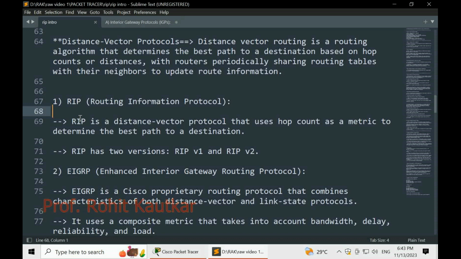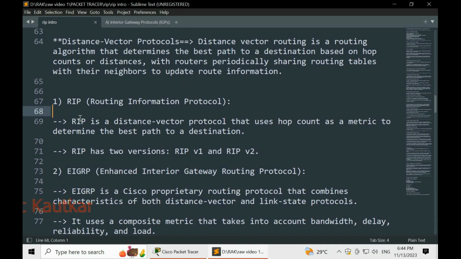RIP stands for Routing Information Protocol, and this protocol is based on the distance vector approach. This protocol uses hop count as a metric to determine the best, optimal path between the source and destination. Two versions we need to learn here: RIP version 1 and RIP version 2.